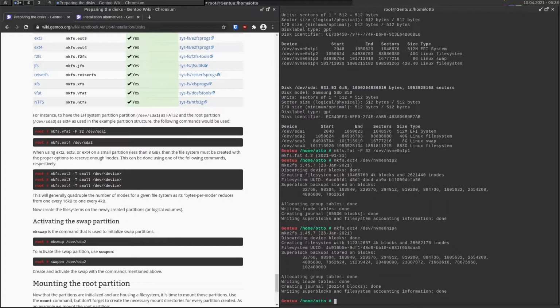So now we want to actually activate our swap. So we want to mkswap, and we want to do